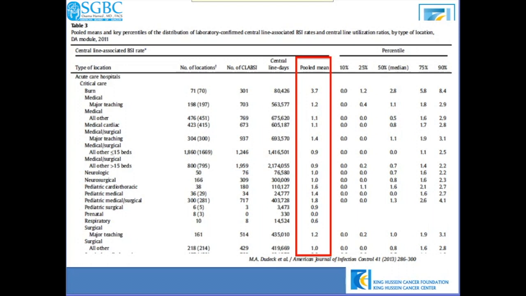But other than the 3.7, the majority is below 2, and even approaching or below 1, except for the pediatric medical and surgical units, which have a 1.8 ratio. This is the mean, and this is the median. Again, highest in burn. I think it's justified, but the majority is below 1. This is from more than